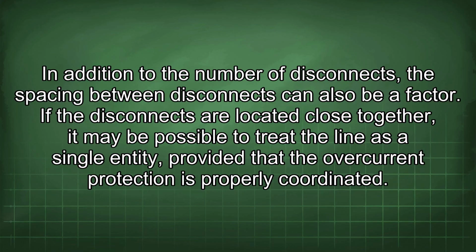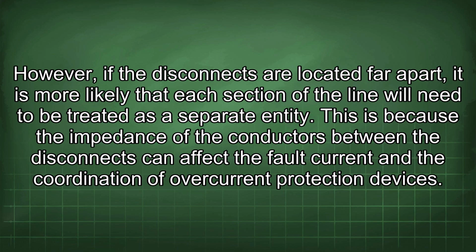In addition to the number of disconnects, the spacing between disconnects can also be a factor. If the disconnects are located close together, it may be possible to treat the line as a single entity provided that the overcurrent protection is properly coordinated. However, if the disconnects are located far apart, it is more likely that each section of the line will need to be treated as a separate entity. This is because the impedance of the conductors between the disconnects can affect the fault current and the coordination of